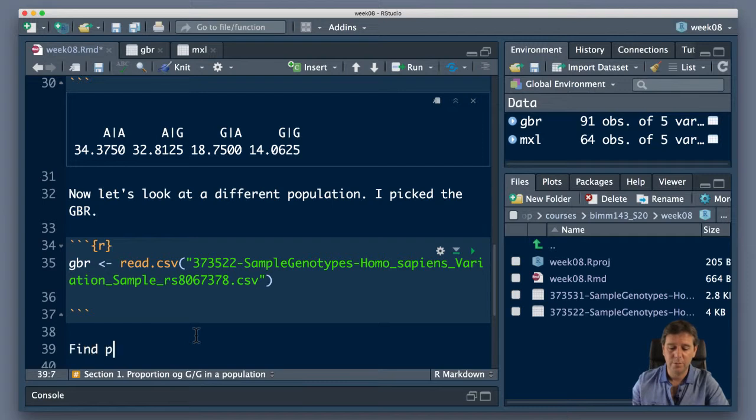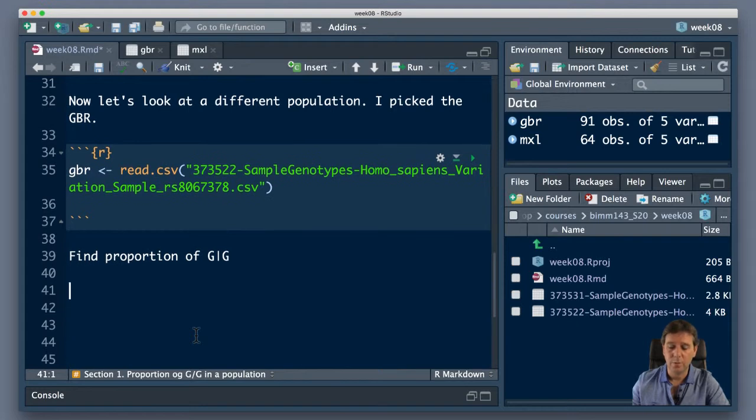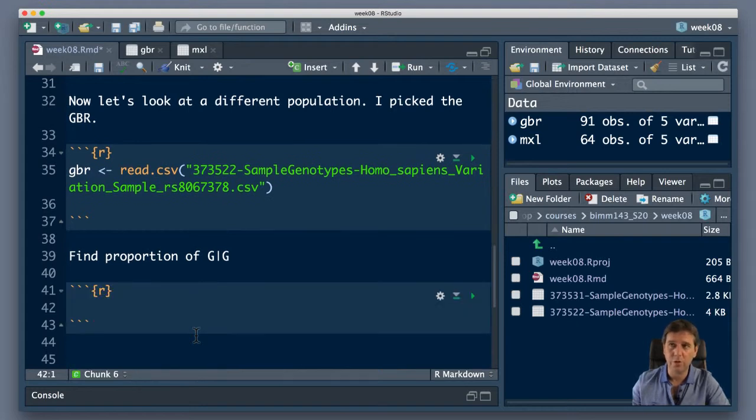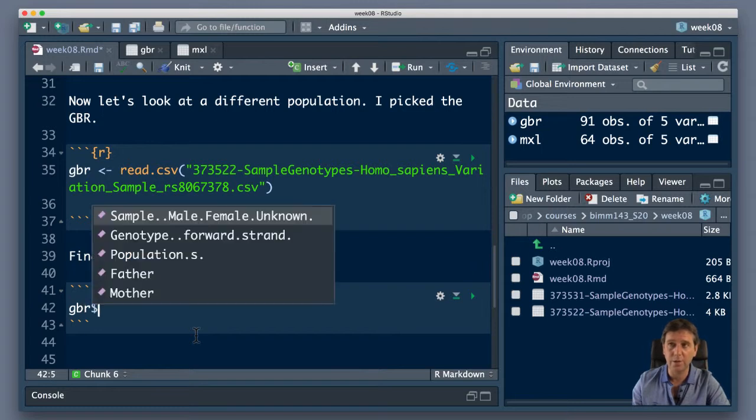Find proportion of G. So let me put in a new code chunk. I'm doing the shortcut for that. Again, you can use the button if you can't remember the shortcut. Sometimes you have to be like a Vulcan to use these things, but it's Command Option I or Control Alt I on a PC. I'm going to call this, well, let's do our get the data first, the GBR dollar